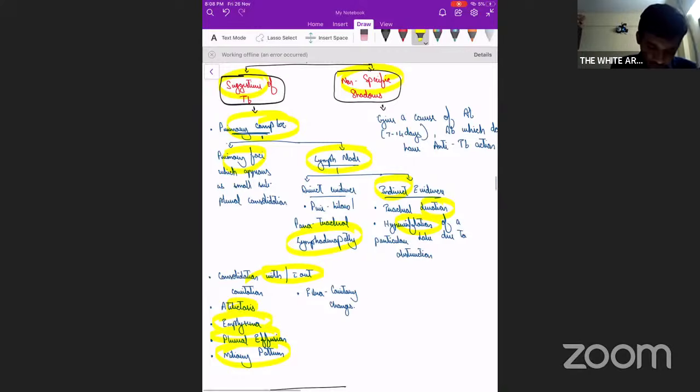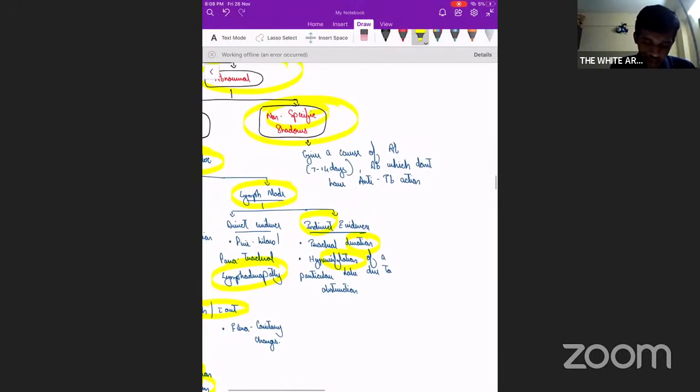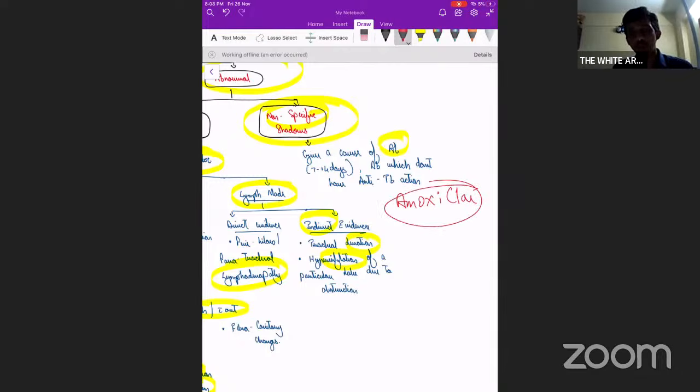If we have some other non-specific shadows which are not suggestive of TB, then what we do is give a course of antibiotics. What is important is that we do not give an antibiotic that is a first-line or group ABC drug belonging to tuberculosis, because we might end up with a resistant tuberculosis infection. The preferred antibiotic over here is amoxiclav. So give a 10 to 14-day course of